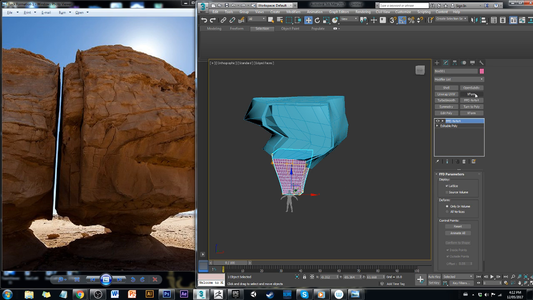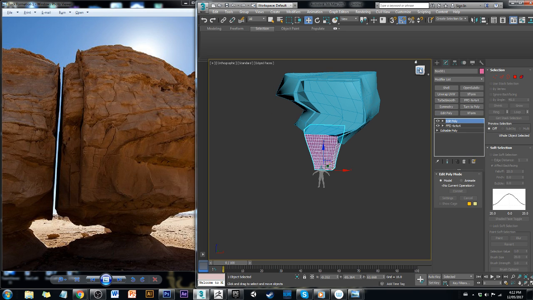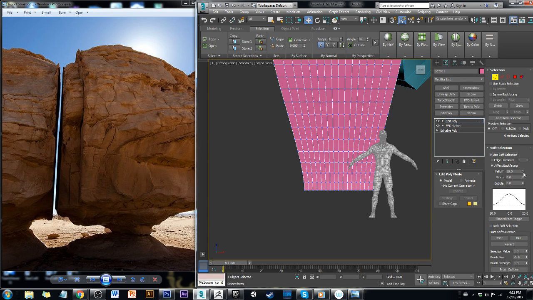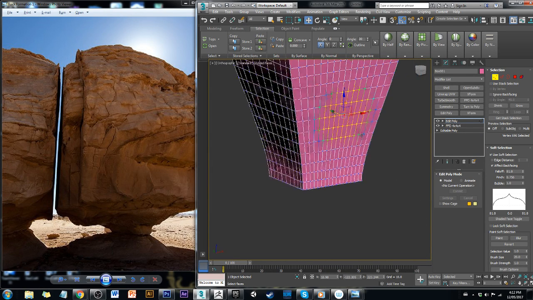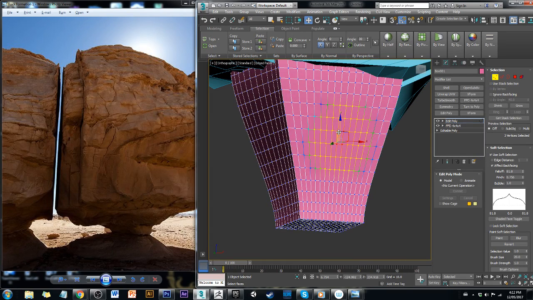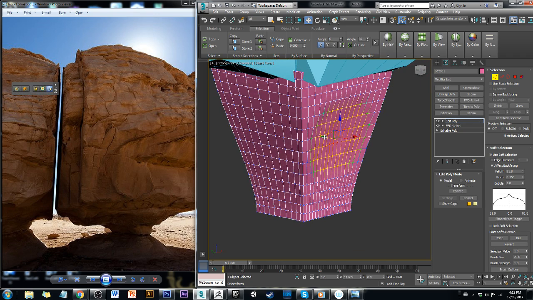I'm going to add another edit poly down at the bottom. And this one we'll use soft selection again. We'll adjust our pinch just a tad bit, and our bubble. And we'll start by moving in a select few vertices inwards. So I'll select some vertices, bring them in. And then slightly